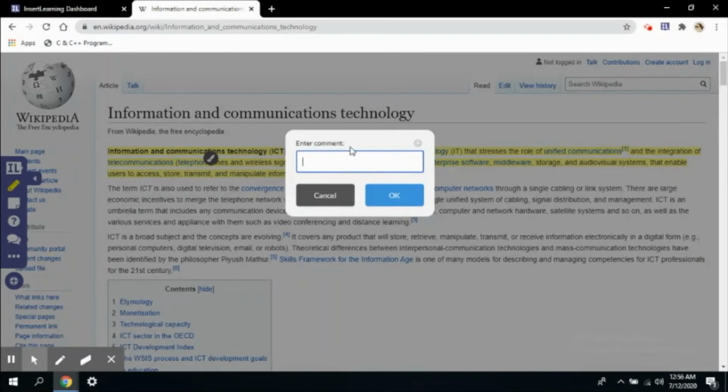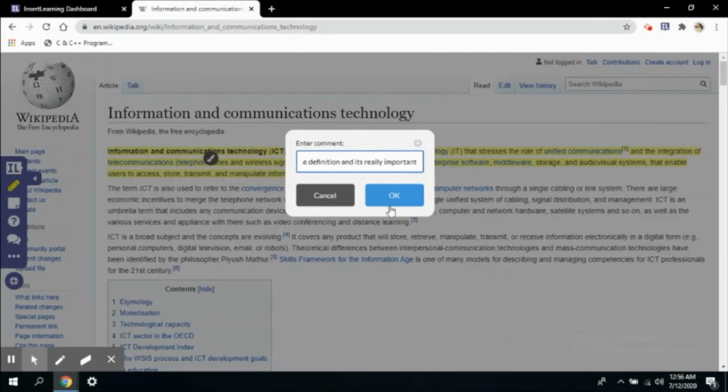Now it says enter a comment. Now when I have highlighted that content, if I want to explicitly add a comment, like I want to say this is the definition and it's really important. All right, sorry, a spelling mistake there.